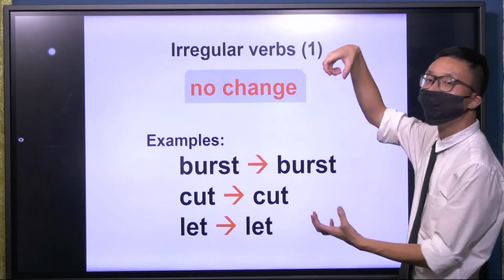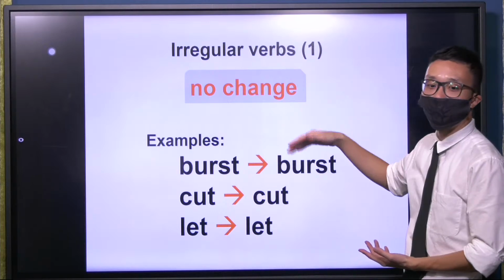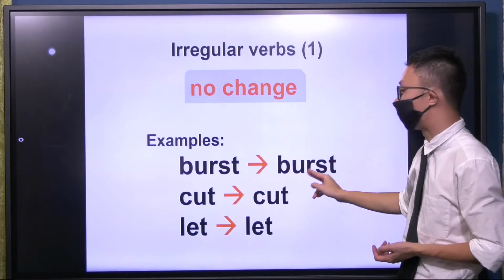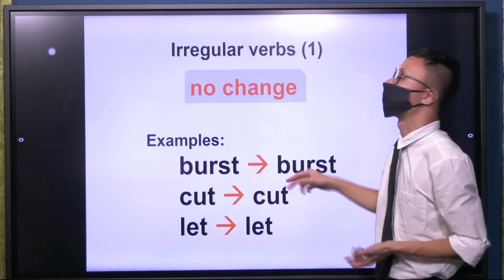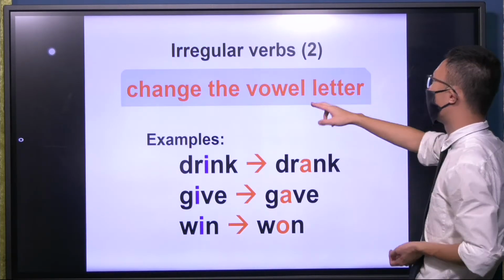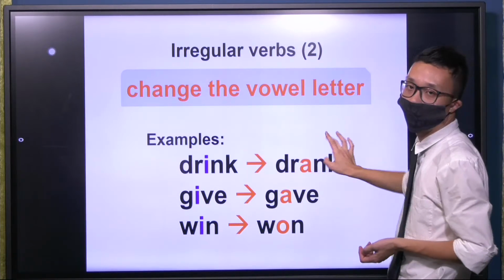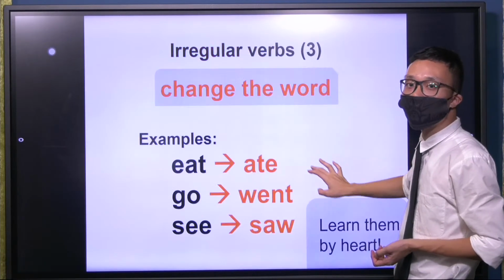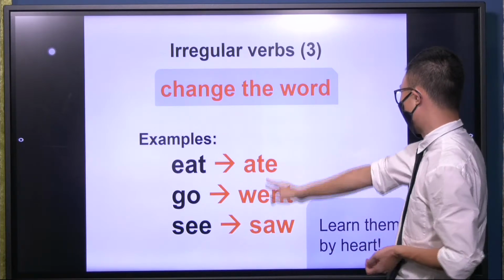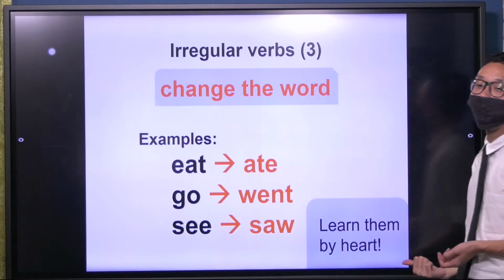You have your irregular verb table at the back of your textbook, and you will remember all these verbs. Just remember them there, right? And these are some of the interesting ones. Change the vowel letter I to A: drank, ate. Okay. And these are even the really old ones. They can just change the word: ate, read, saw. And this one, you have to learn them by heart.